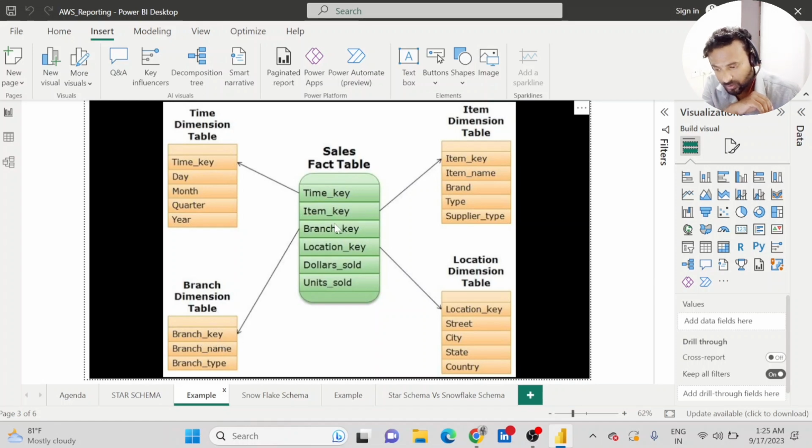You can see here branch key, here is also the branch key. Likewise, we also have the connections with all the tables. This is called the star schema actually, right? Now